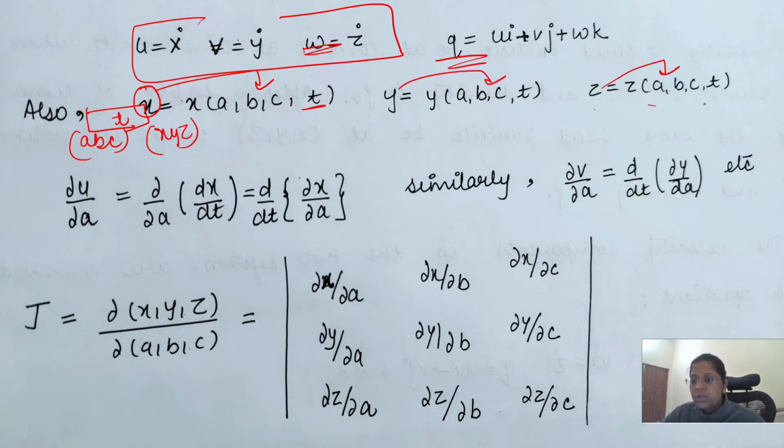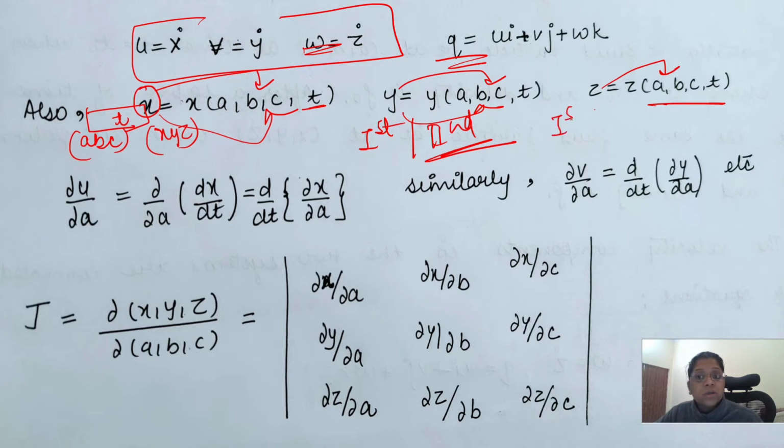So that means Z is a function of these four, Y is a function of these four, X is a function of these four. So in such type of equations, we can easily find the first and the second derivative. This I have already explained to you in the first video, where I told you the definition of the Lagrangian method and the Eulerian method.